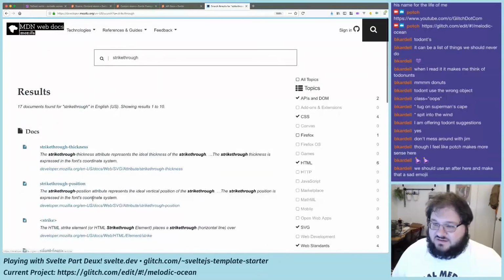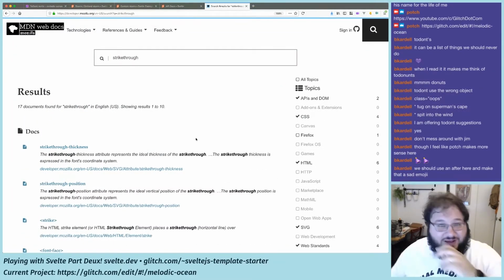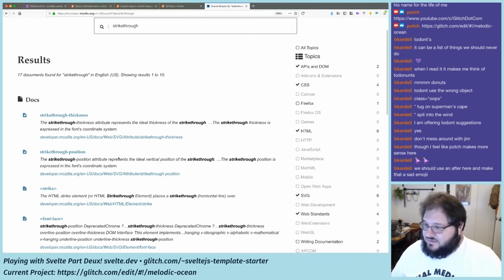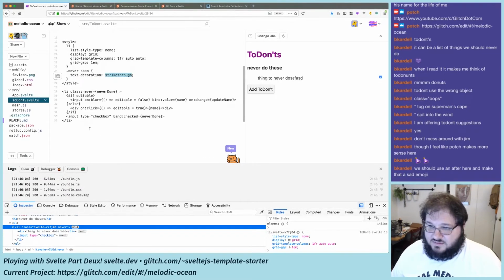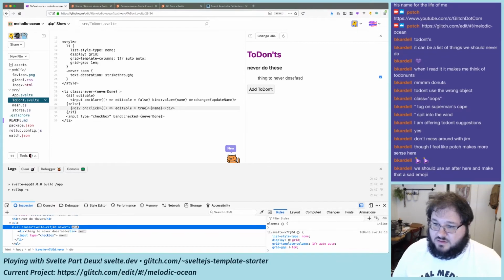How do you do CSS strike through? Do you literally have to use S? Is that true? Do you literally have to use like S? I could have sworn there was a style for it. Well, I can use strike. I'm happy to do it. It's just going to be if